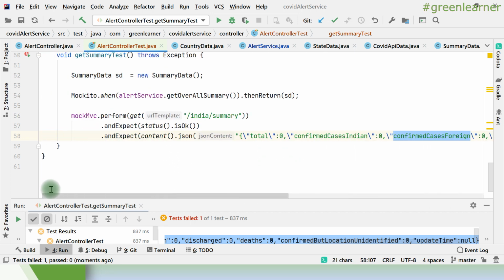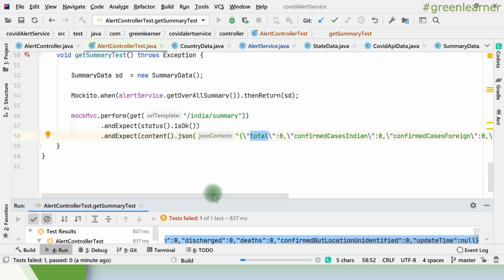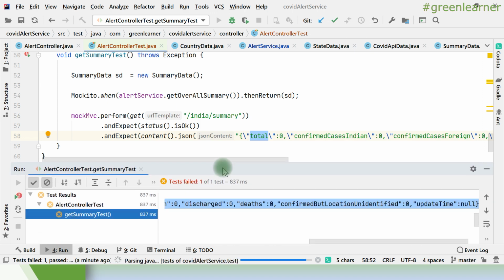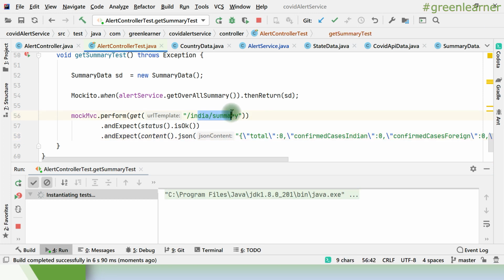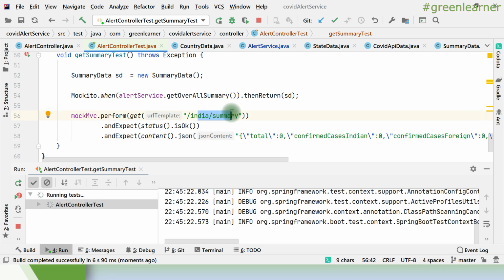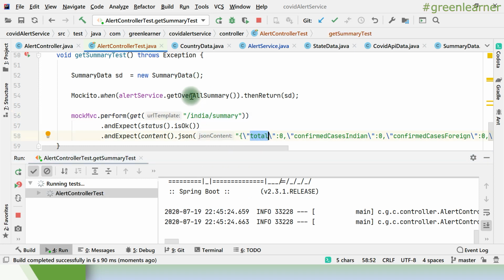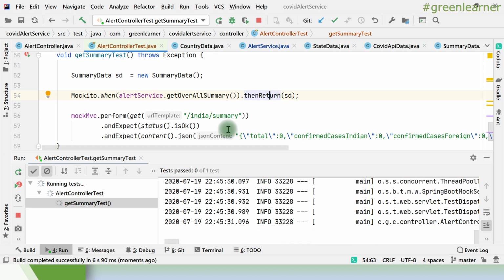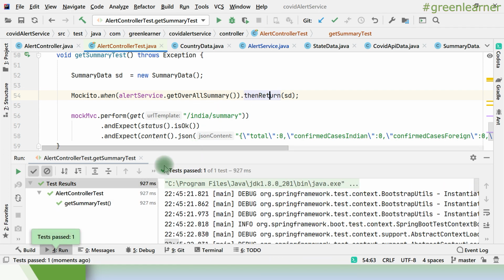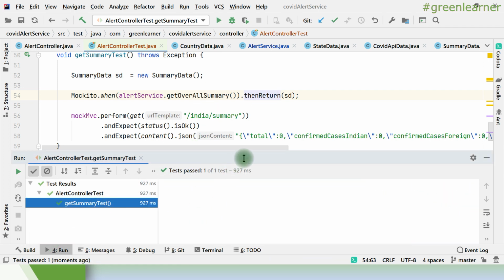So this summary data object in JSON format is coming here, right? By this test, I'm just checking whether this India summary endpoint does exist or not, right? And the content that it is giving here, I'm just mocking that one here. This test is passing now, right? So both the tests are passing.